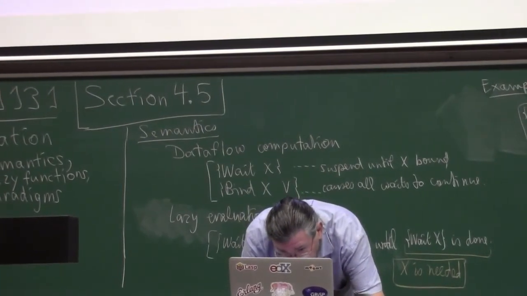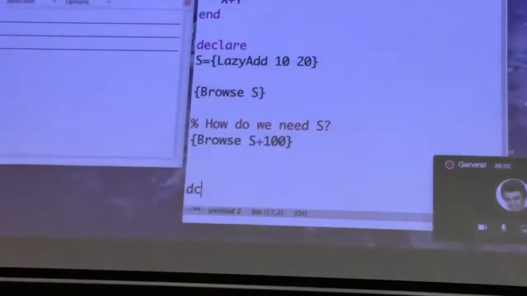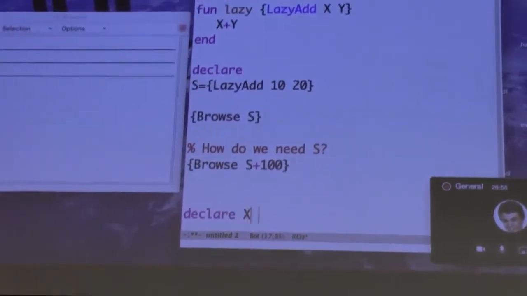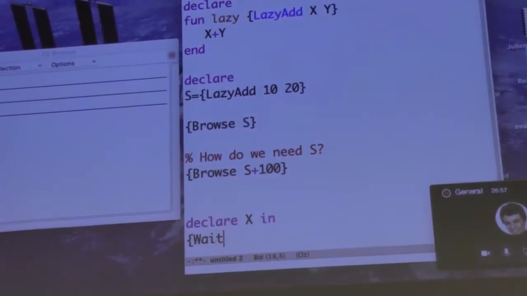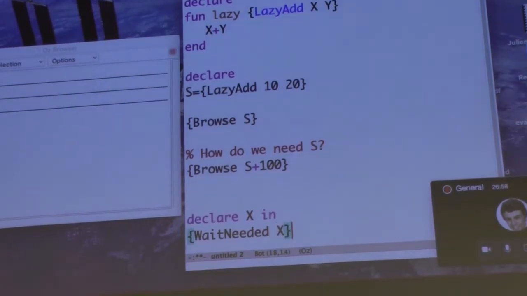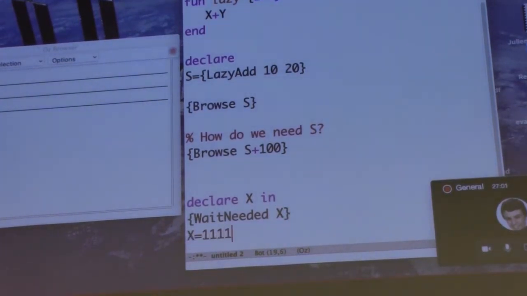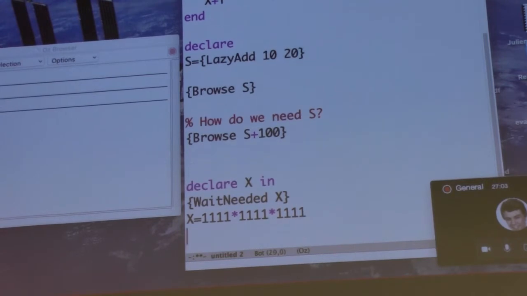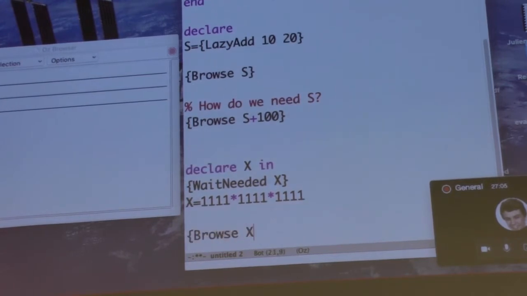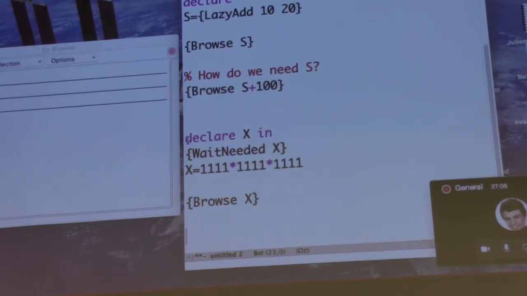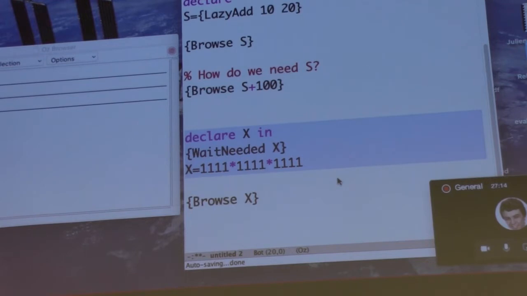an example. So let me declare x, and wait needed x, and then x is some computation. Now we browse x here. So wait needed is an operation that exists in the system that you can use directly in your programs. You can use it and you can program with it. So I execute this, I browse x,